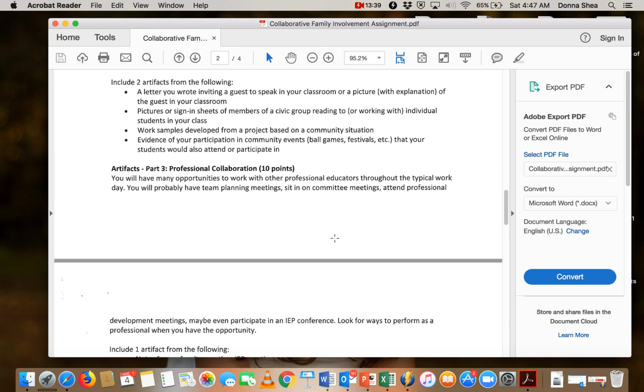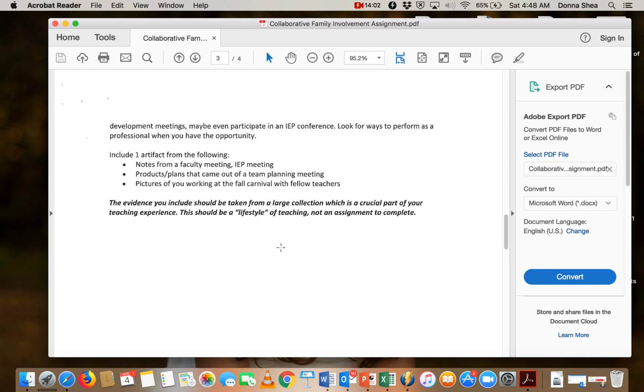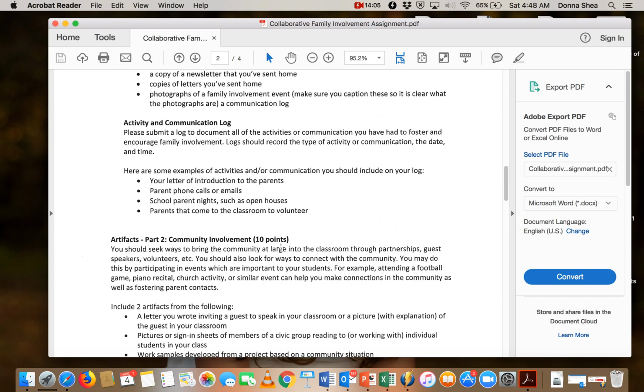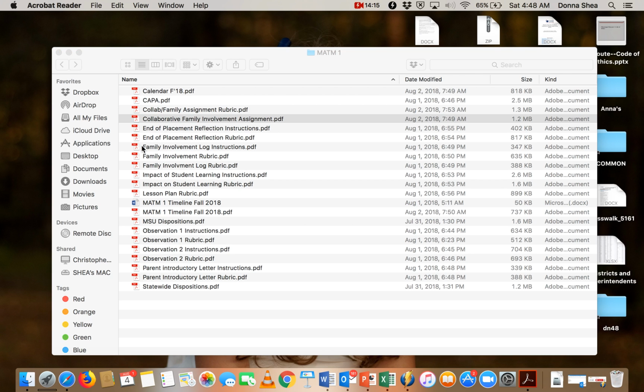And then professional collaboration, you can keep notes from a faculty meeting, an IEP meeting. Maybe you have PLCs, professional learning communities, and you can keep notes from one of those and talk about in this artifact the product or plan of that team meeting. So this is just to get you used to what you should be doing every semester for the rest of your teaching career. So let's look at the parent introduction